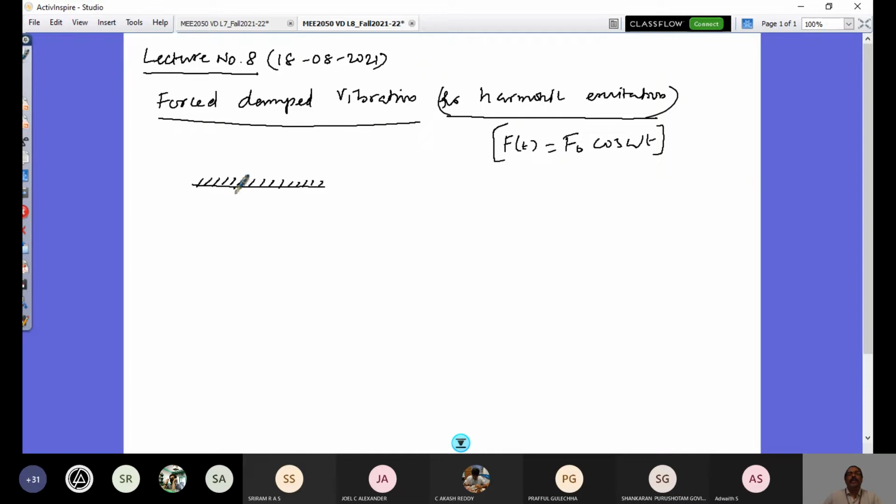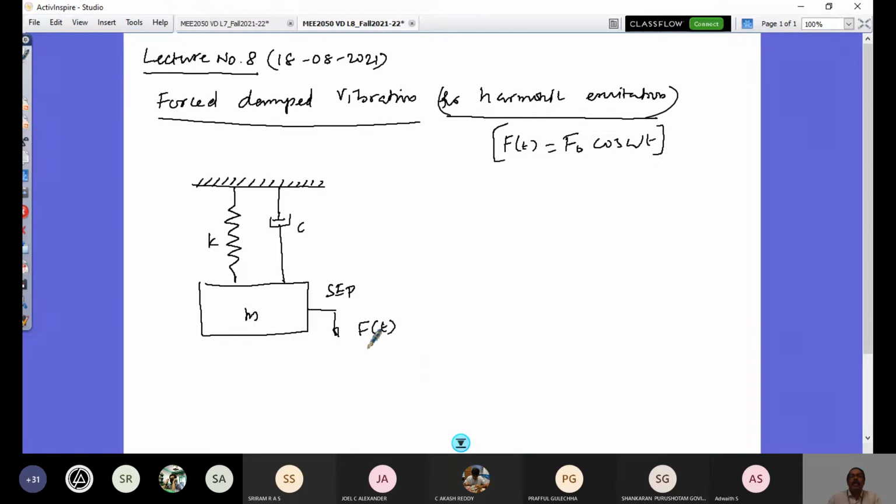So now look at our vibration system. We have an important element, a spring, and we have an important element, a damper. And these two are connected to mass M. So this is K and this is C. And now you see this is settled at its static equilibrium position or stable equilibrium point. And from here I'm going to give this F of t. Right. So when I give this excitation F of t,